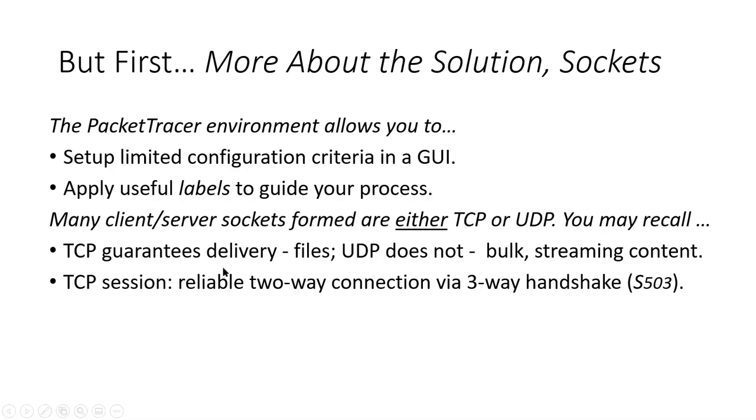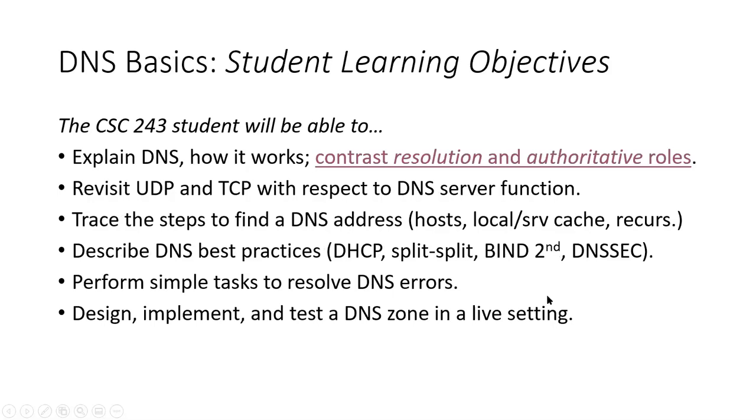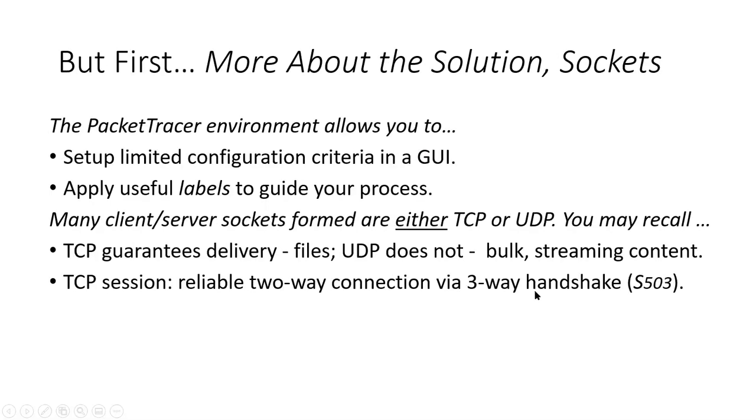So there is a reliable, consistent, fixed connection. It's a two-way connection that's established with a three-way handshake, and UDP doesn't do that. UDP creates a session, but it doesn't create a persistent connection that's established with a three-way handshake